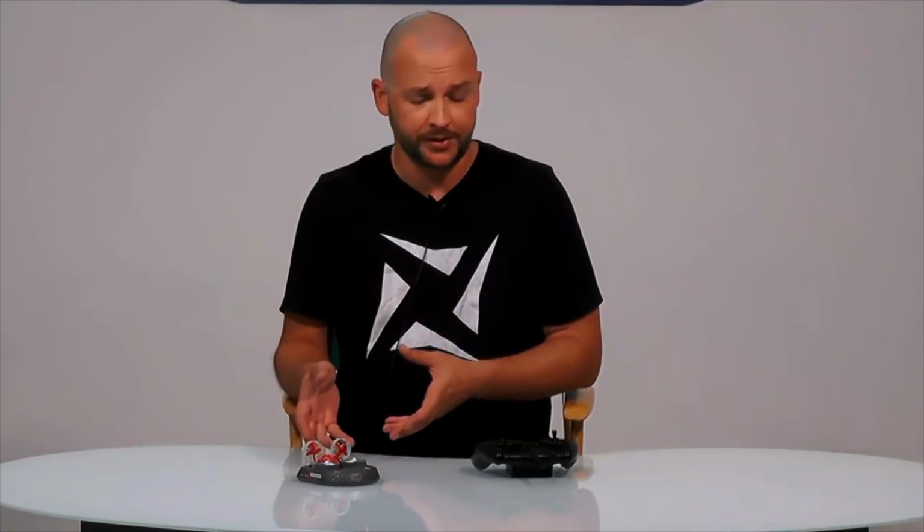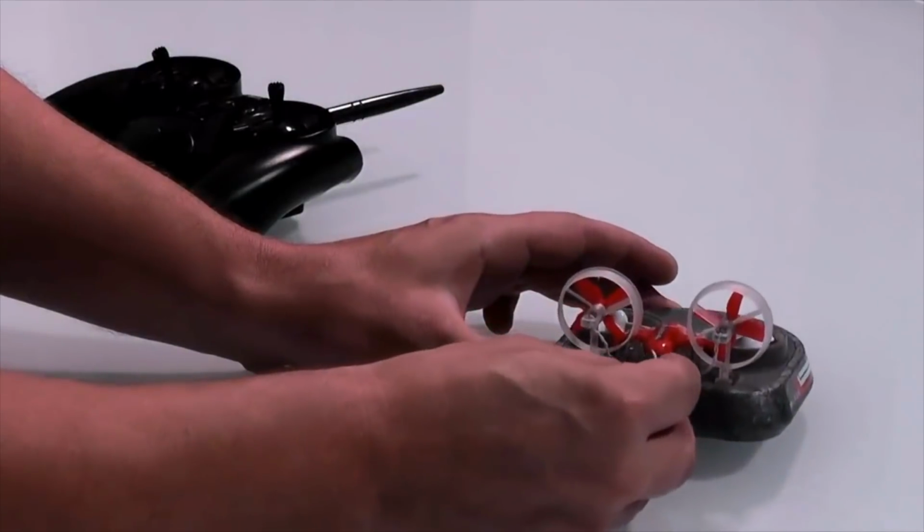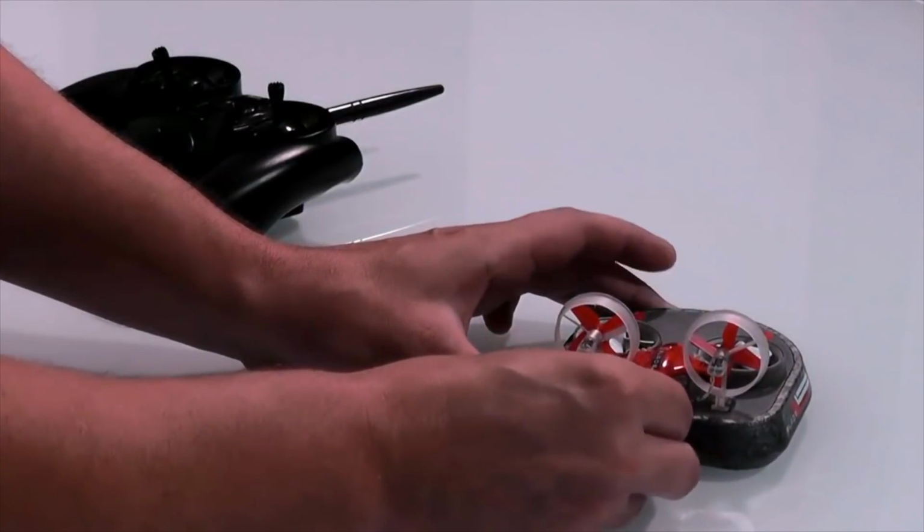Now the aircraft is going to be bound to the radio from the factory. If for any reason it isn't, or sometimes if you turn the vehicle on first instead of the transmitter, the switch will go into bind mode. We can demonstrate that for you now, just so you know what to look for. So when we power it on...